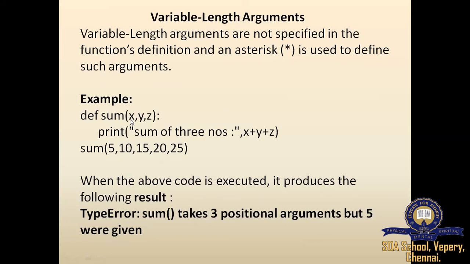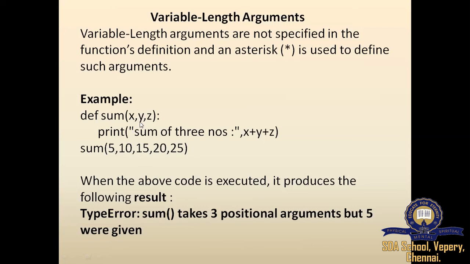How many parameters does it contain? 3. But when I'm calling this function sum, I'm passing 5 arguments. How many parameters are there? 3. But how many arguments am I passing here? 5. So mismatch. So you will get an error because the number of arguments that you pass does not match